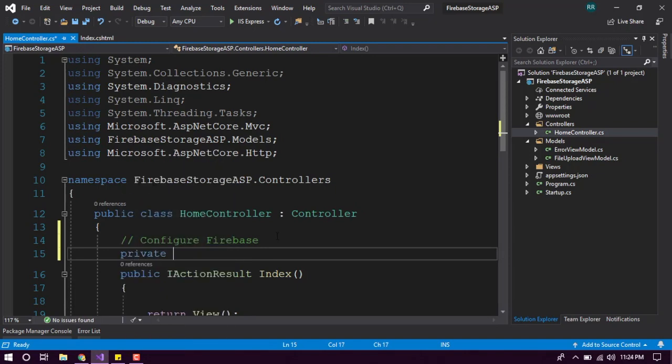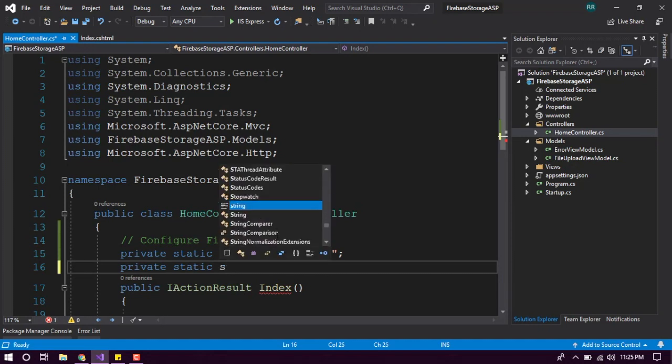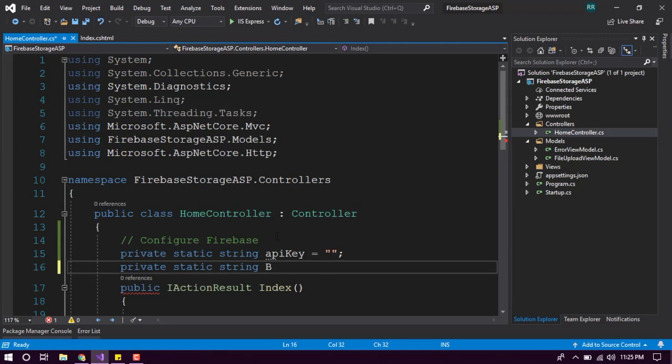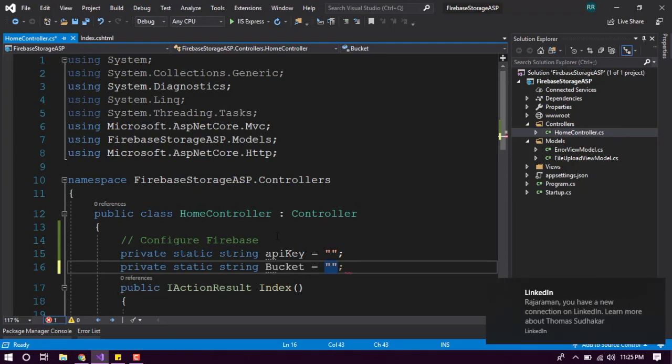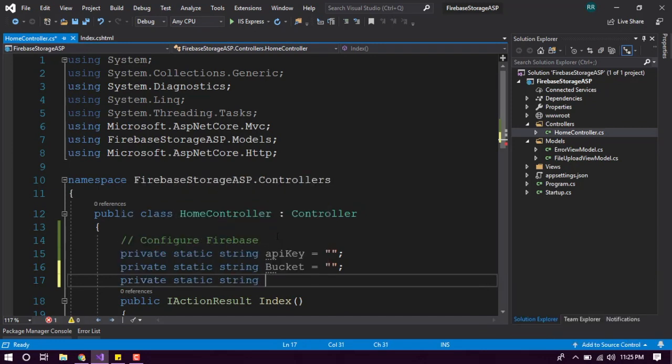For that, I'm going to create private static string API key, which is equal to, and then the next thing is I'm also going to create private static string app bucket, which is also available in our first Firebase project,